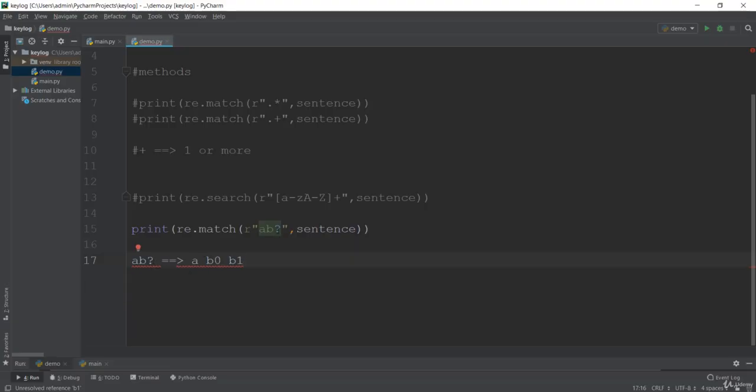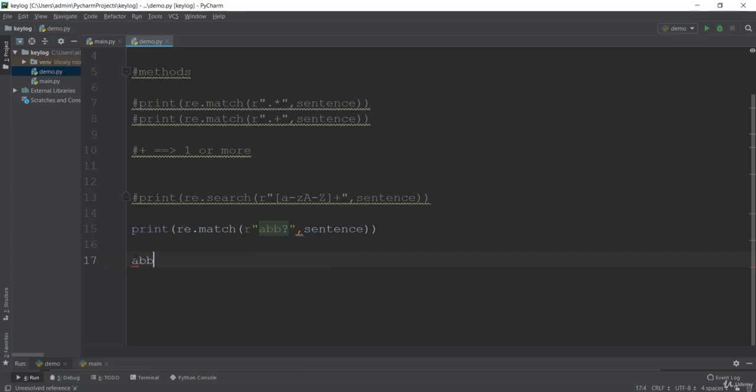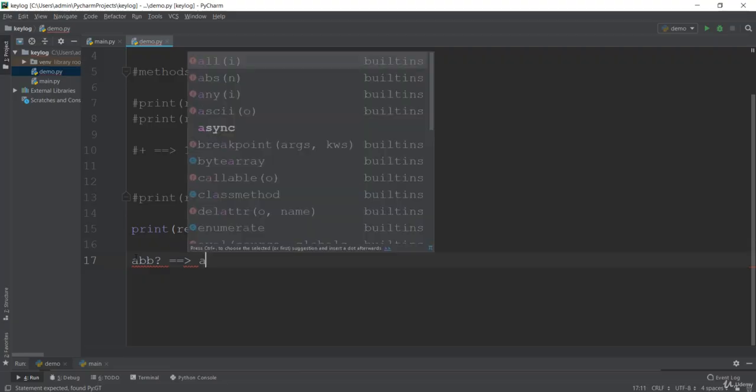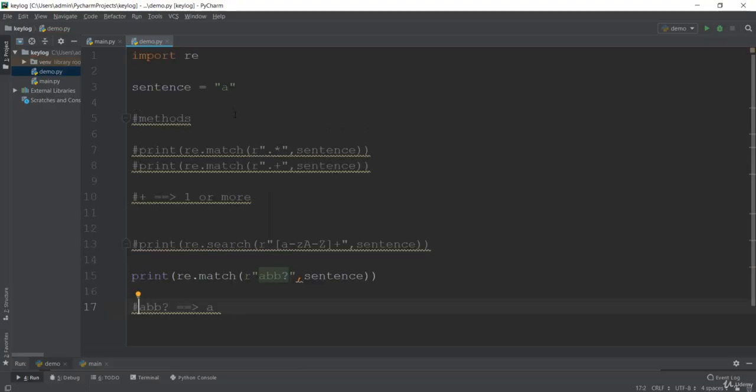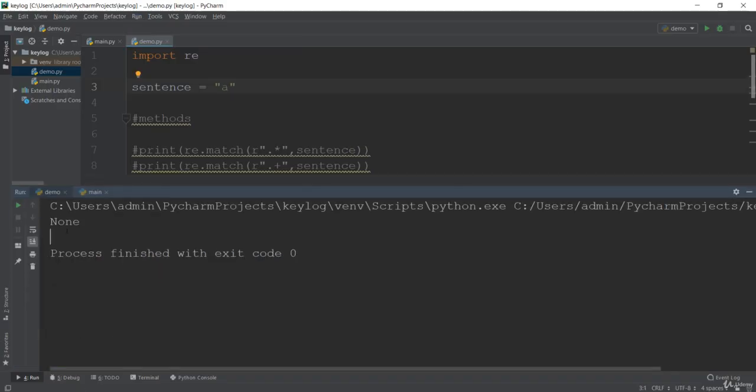If you do something like AB and a question mark, it means that A is compulsory, there should be an A. If you just pass here A, that is not going to be matched. Let's see that first. If I comment this out, and in the sentence I only type A but not AB, and run it, there won't be a match, it will give None.